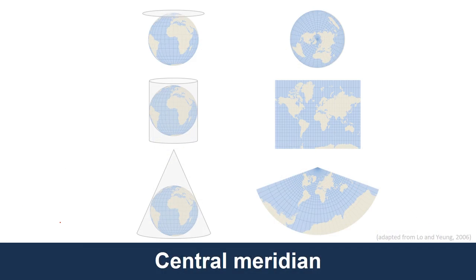The central meridian just tells the projection or the software how to center the projection for the particular part of the world that you're trying to map. So that's the central meridian for these three different projections, and that's all it is. It's got nothing necessarily to do with distortion or anything else. I think of it as just a way of customizing a projection for a particular